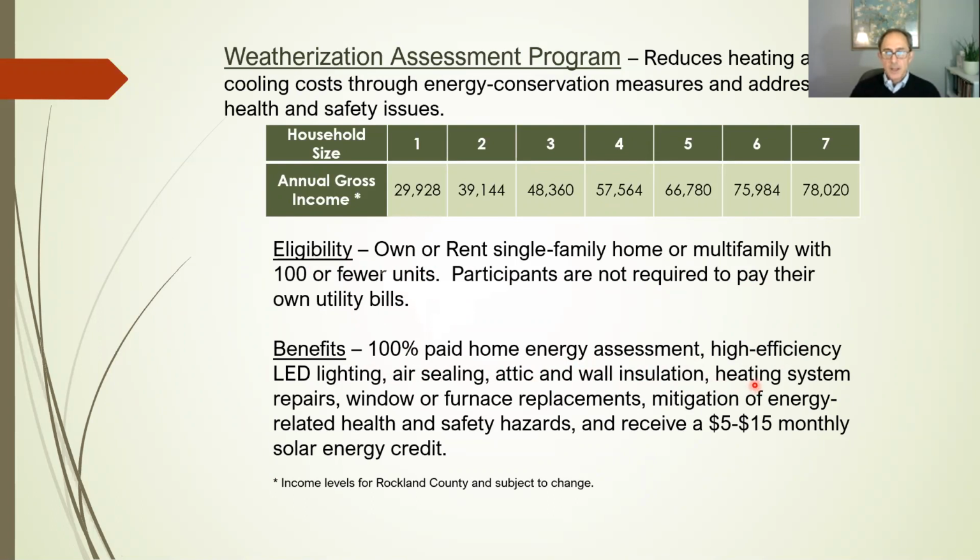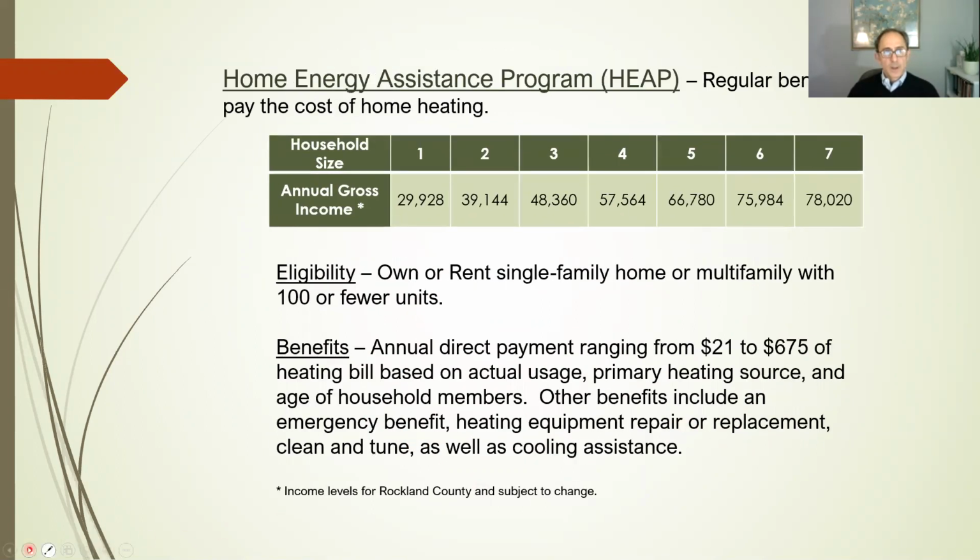pay for heating system repairs, and even in some cases, the replacement of a furnace or windows. They'll also mitigate any health risks or safety hazards. And again, if you qualify for this, then you're also eligible for the $5 to $15 per month solar energy credit. The third